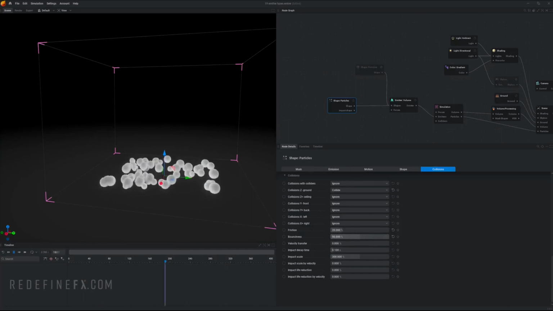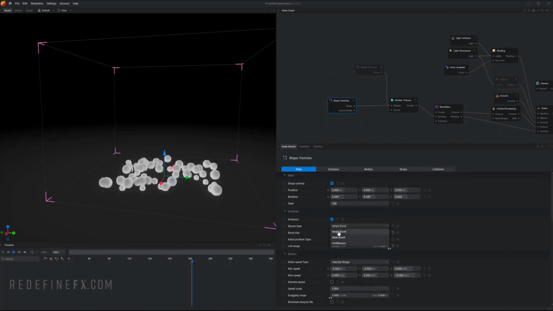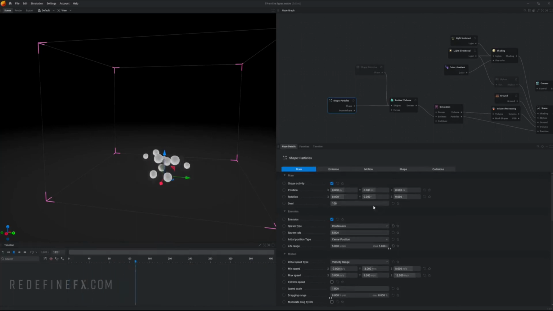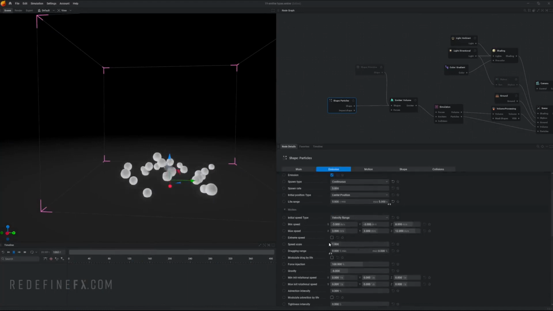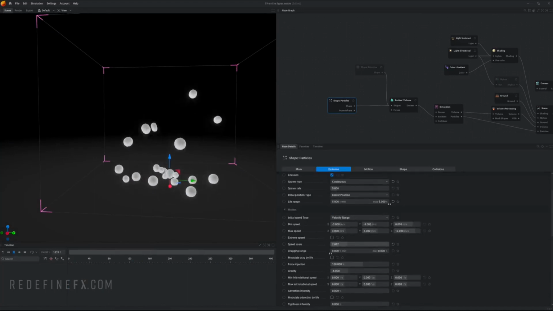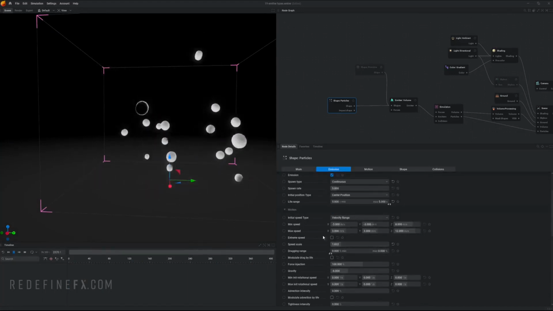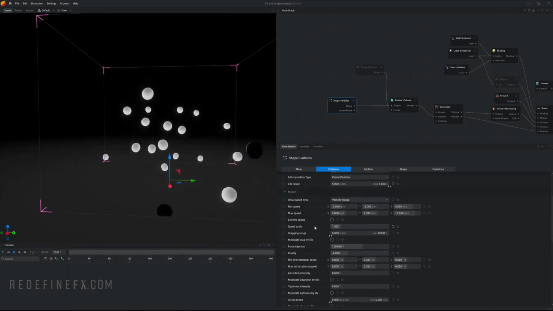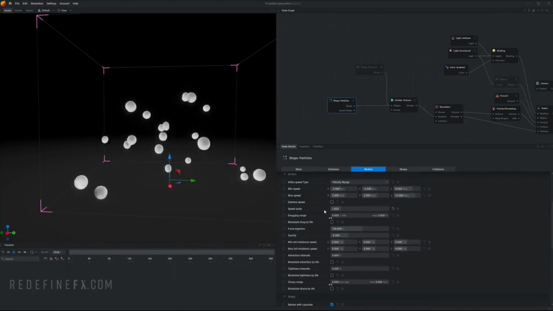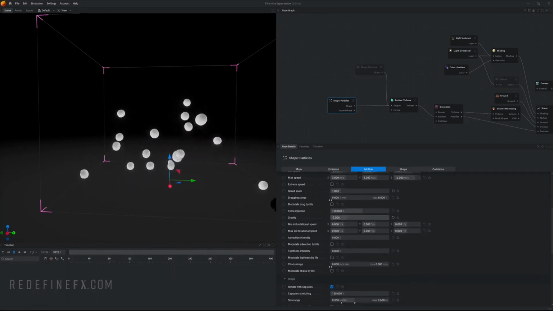Again, instead of single burst, I can set it to continuous, and I'm continuously giving birth to some bouncing particles. I can increase the speed scale so that they shoot up higher, and all sorts of other settings. A lot of these are pretty self-explanatory and they make a lot of sense. So minimum, maximum speed, gravity, of course, the size range for these balls, so I can make them all much